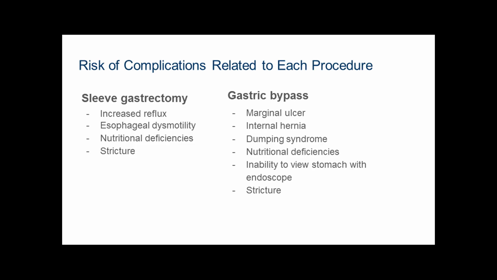An internal hernia is a possible complication due to the space that is created by rerouting the intestines. If you have abdominal pain or bowel obstruction, it is important to go to a hospital that has a bariatric surgeon, as this is something that can be missed and it typically requires an operation to free your bowel as soon as possible.